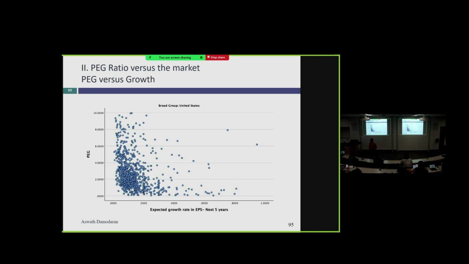PEG ratios. Try this on PEG ratios. The first thing I did, I wouldn't run a regression against